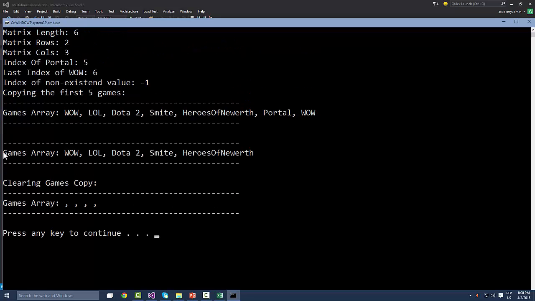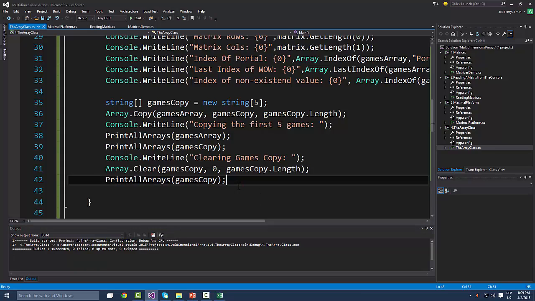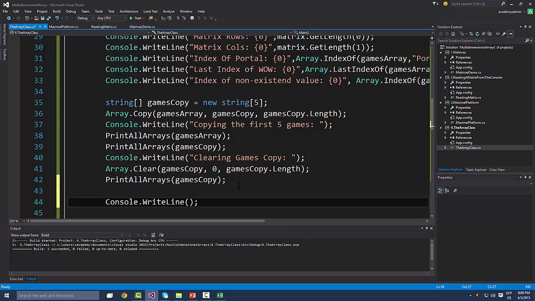Right, so this is our games copy, and this is when we clear it. So you know, it works as expected. Okay, something a bit more interesting now. We're gonna start sorting. So sorting games